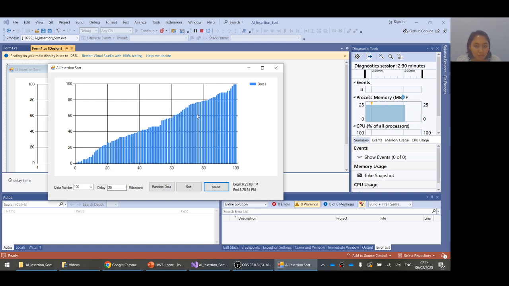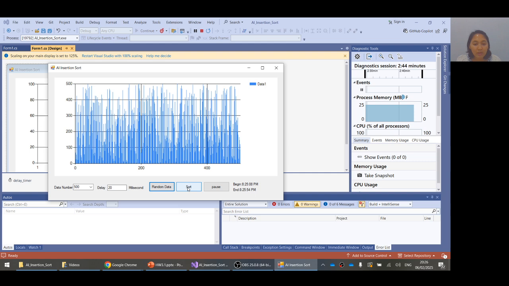from lower to higher, and then I will choose again 500, and then click the random data, and I click the sort button. You can see here the time will be longer than before because the random data is larger than before.